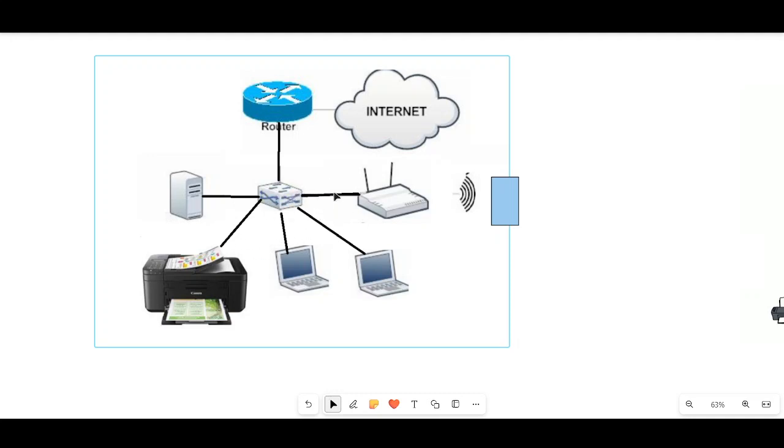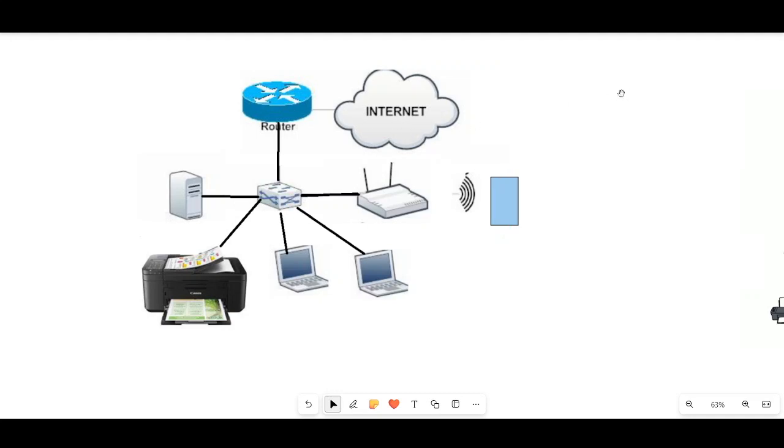And if you want to provide a network to these devices, then you need an ISP connection. Now here is a router which provides the platform to connect with the public network.